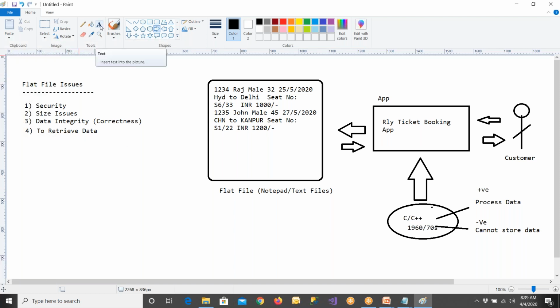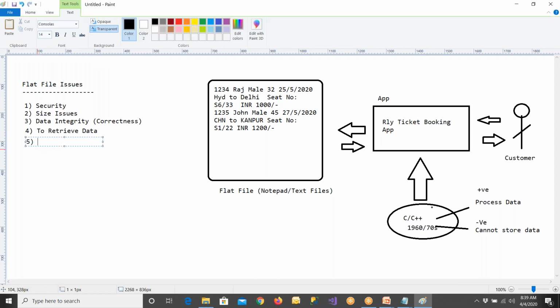You have to write in the C language only. Okay. Only the C language you should use to communicate with the flat file, whether to store the data or retrieve the data. The C language is even today a very complex programming language. You try to learn C language today. C language has a lot of features. Mainly it has a concept called pointers, double pointers, triple pointers, arrays of pointers, a lot of other complex things are available.